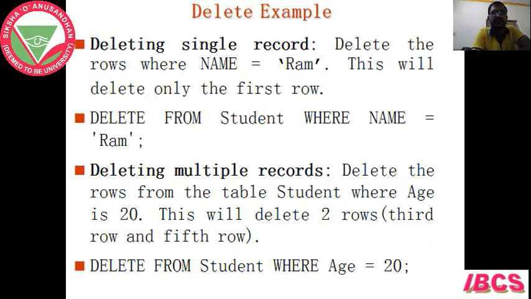Let us take an example for the delete command. Here we have to delete a single record, deleting the rows where the name is Ram. In this table, the first record is where the name is Ram. So it will be: delete from student where name is equal to Ram. All the records from the table student where the name is Ram will be deleted. Let us say we have two rows where the name is Ram, both the rows will be